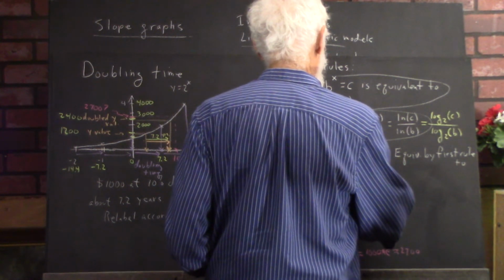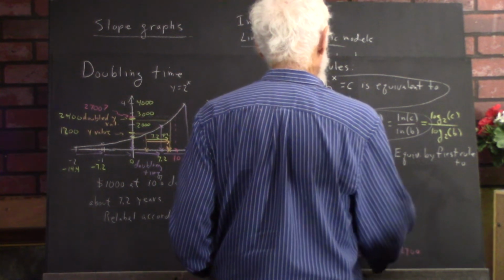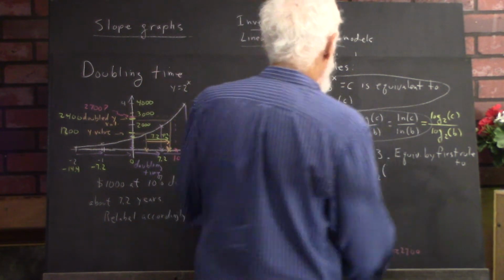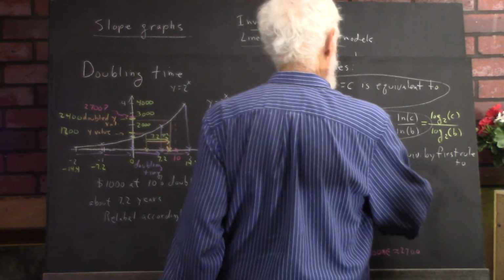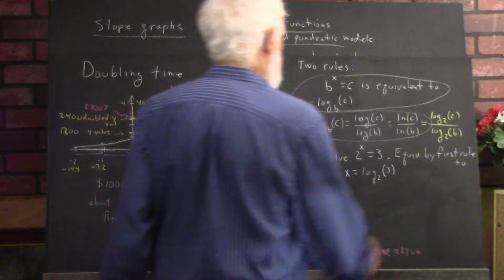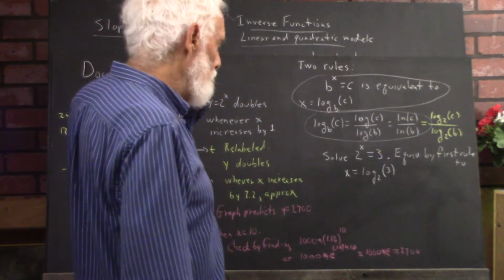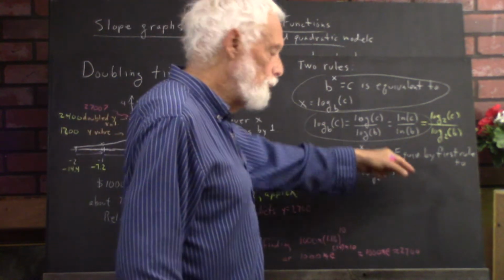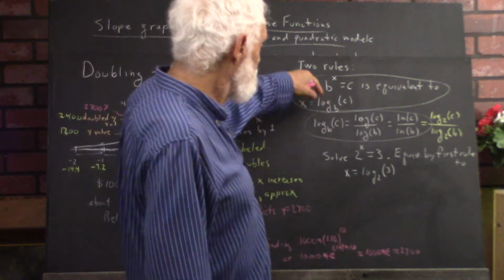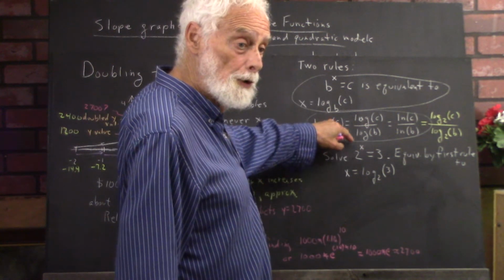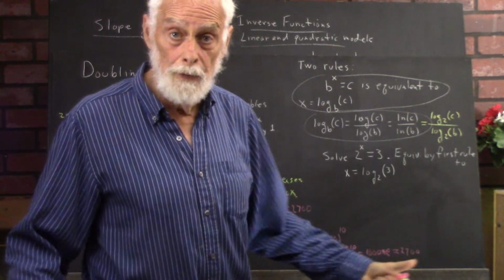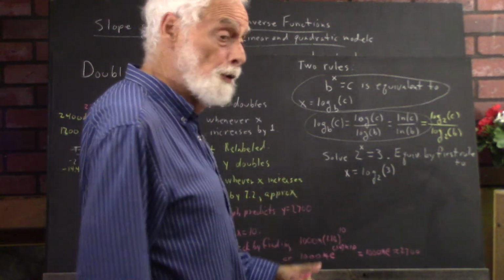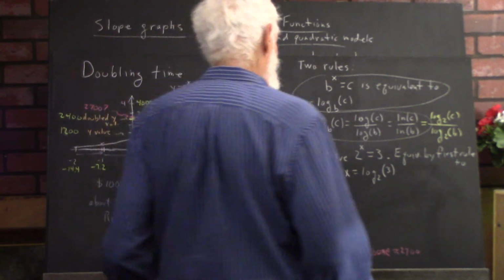So x is log base 2 of 3. Now, you could get the log base 2 of 3 easily. I chose a convenient base because we know this graph and we know the graph of its inverse function, the base 2 log. So we could go to the base 2 log,